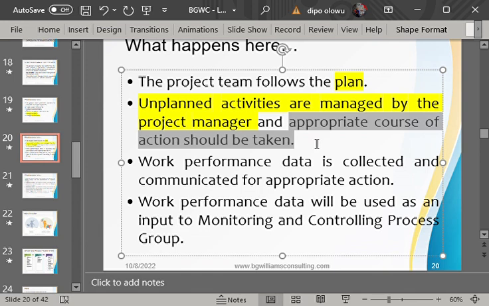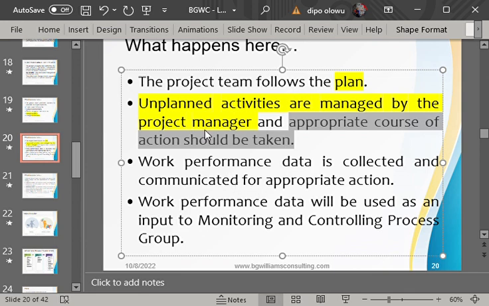Which means there are some decisions that will be made by the project manager so that he can restore the project back to its normal plan. Restore the project back to its normal plan. All right, please take note of that.